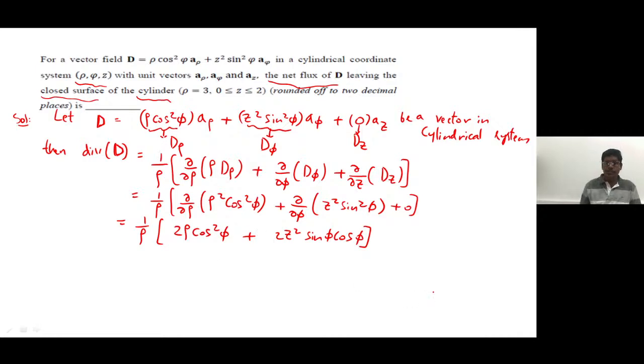So this is finally, and this can be written as 2 sin a cos a is sin 2a. So I can write simply z square sin 2 phi. 2 cos square a is 1 plus cos 2a. So this can be written as rho into 1 plus cos 2 phi. So therefore,